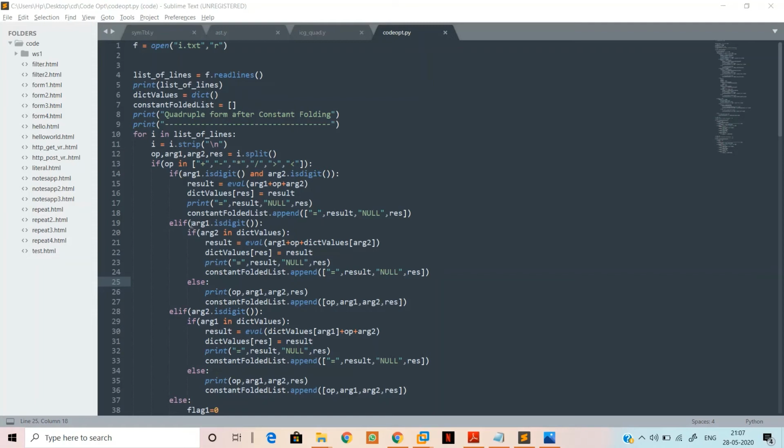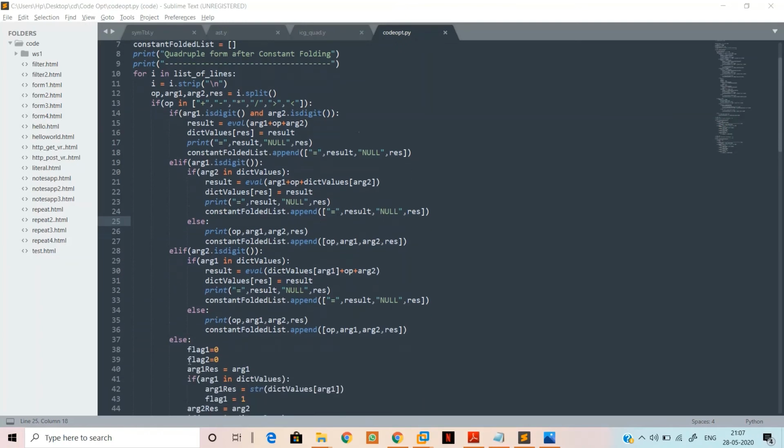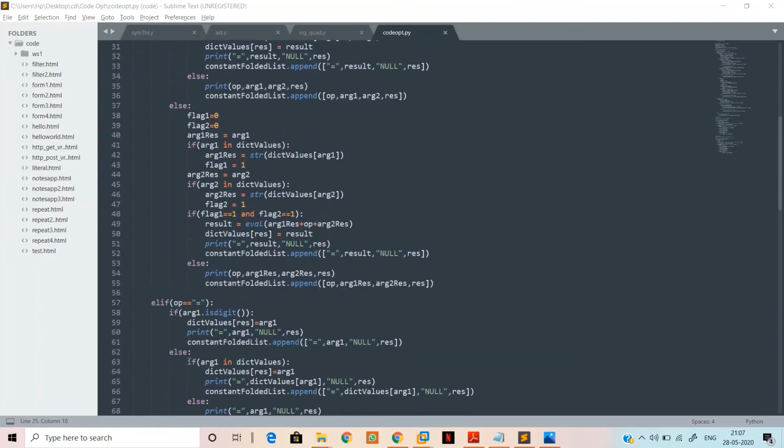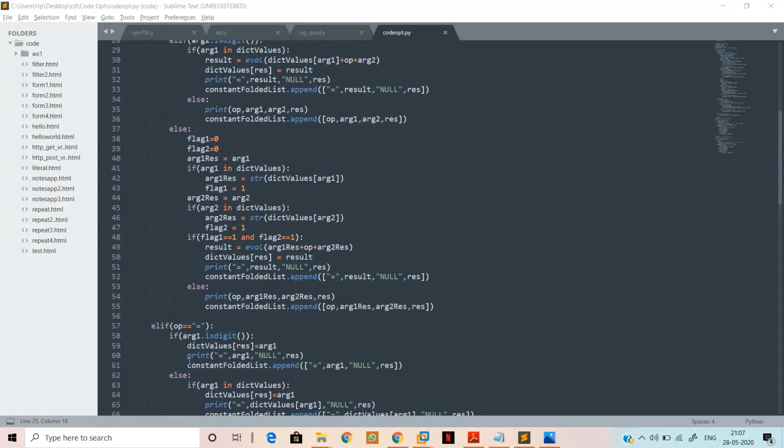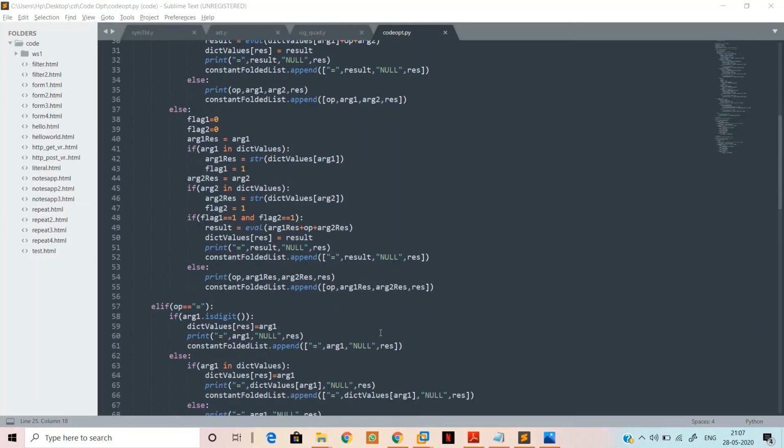If only one of the arguments is a digit, then we look for the other argument in the dictionary values, which I have maintained as a dictionary that maps the variable to its value. Else, if neither of them is present in the dictionary values, that is, neither contains any value, they are printed as they are.